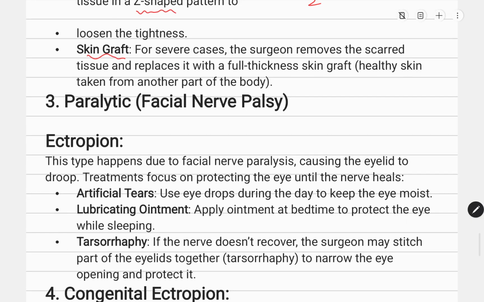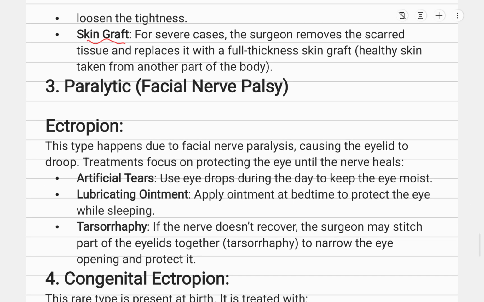So the other is if the ectropion occurs due to facial nerve palsy, because in this case, the facial nerve is supplying the eyelid. So if the palsy of the facial nerve occurs, the eyelid will move outward. So what we do in that case, we give artificial tears, we can give the lubricating ointment, or the last